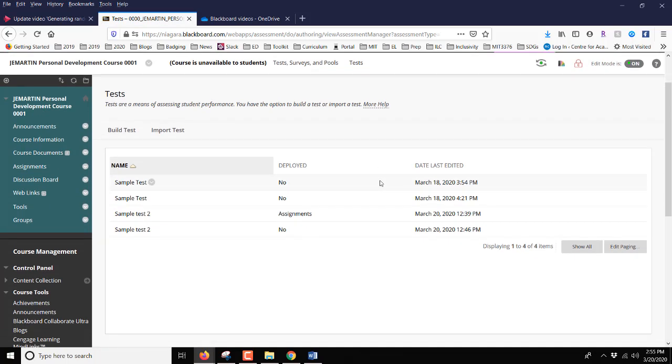To get the test out of your Blackboard in the first place, you're going to go next to the test name where you'll see this little arrow in a circle icon. If you click on that, that will give you the option to export your test. So click on that,